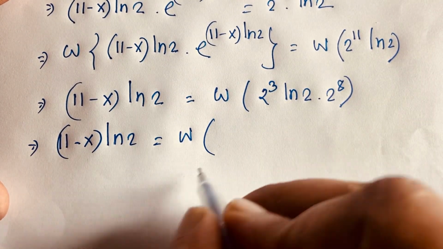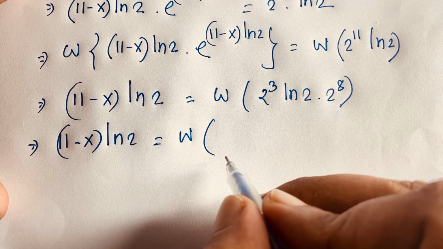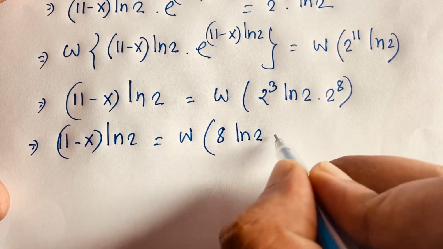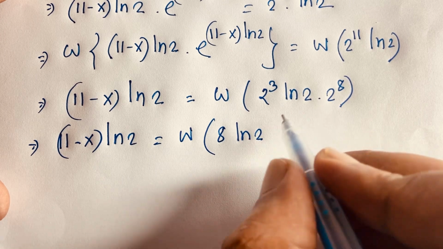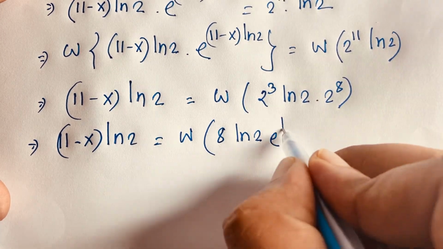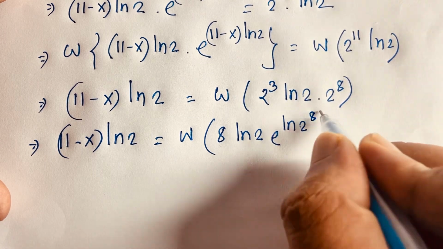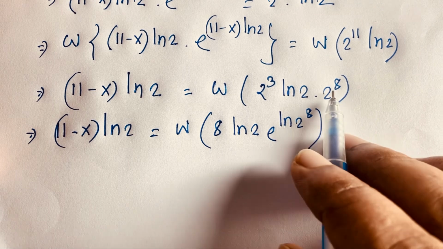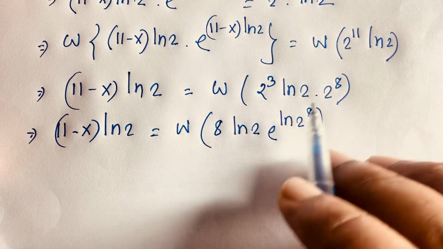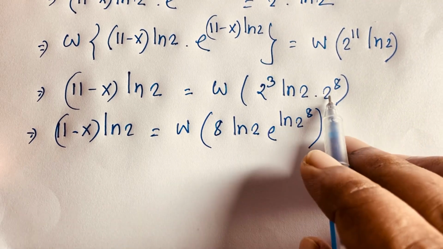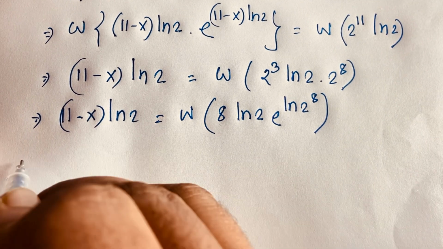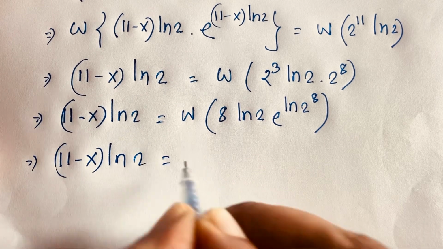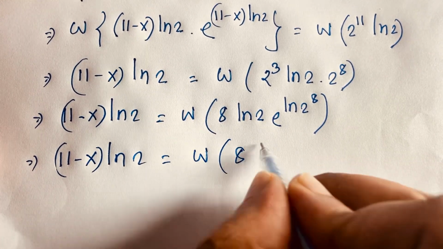And in this expression, I can say easily, here is, look, 2 to the power 3, it will be 8, and here is ln 2, and it will be e to the power ln 2 to the power 8. Yeah, because e to the power ln a is equal to a. If you think this is a, so e to the power ln a, it will be this. Okay, now again I can say 11 minus x times ln 2 is equal to the Lambert W function of 8 ln 2,